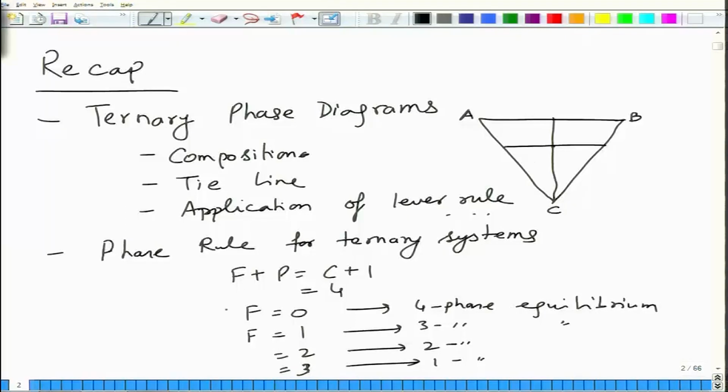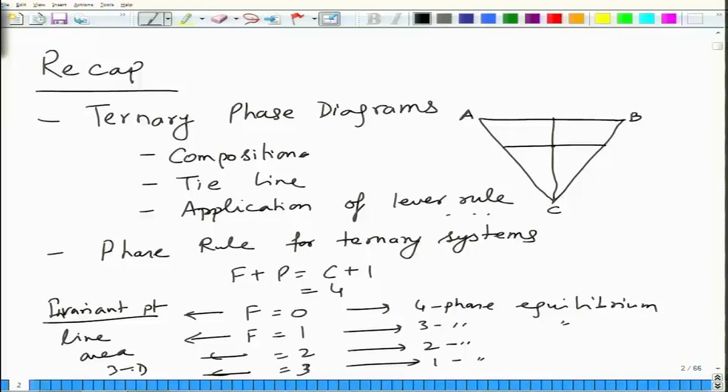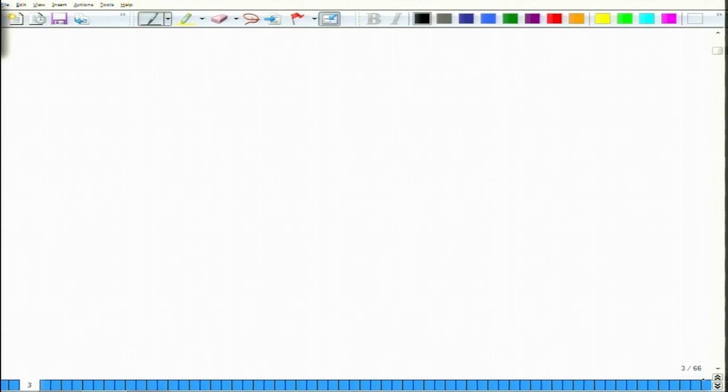So this is basically the invariant point in a 3-dimensional phase diagram of a ternary system, whereas in this case F equal to 1 will give you a line variation, this would give you an area variation, and this would give you a 3-dimensional variation of degrees of freedom. So the number of independent variables is different in case of different phase equilibria. And then we also introduced, we first initiated with phase diagrams